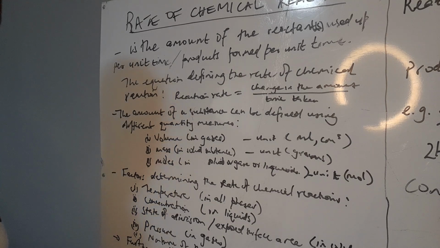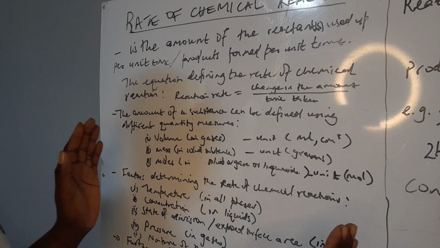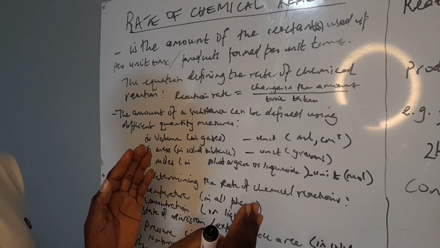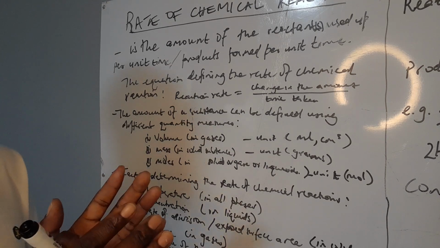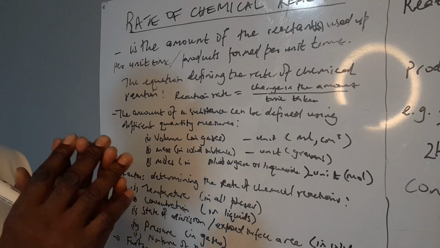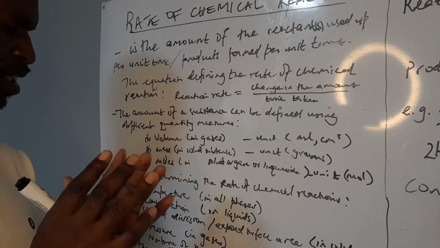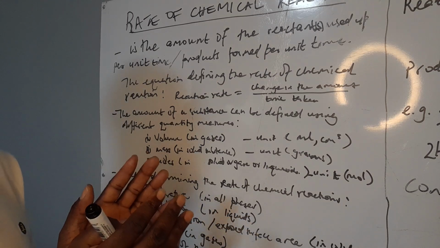Now, if you go to the next factor, that is pressure, that is in gases. Pressure affects the reaction rate in gases. Why is it that way? It is because when you change pressure, you're forcing particles together. When you're forcing particles together, they become crowded. As you would know from our previous video that was addressing the energies and the reactions involved whenever a chemical reaction takes place, you'd remember that if the particles are closer together,